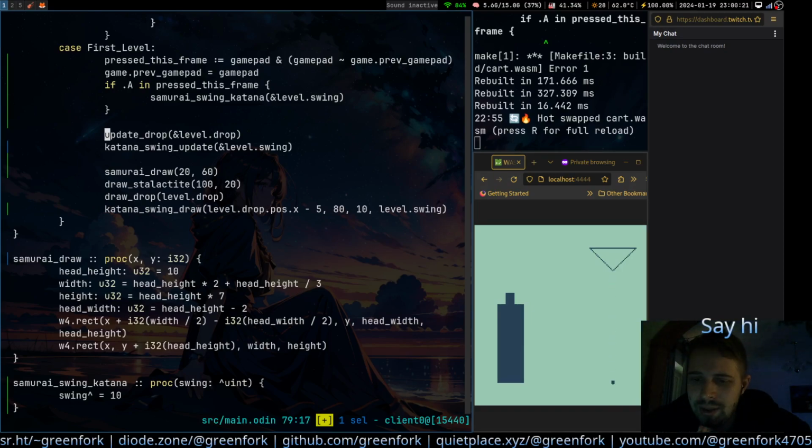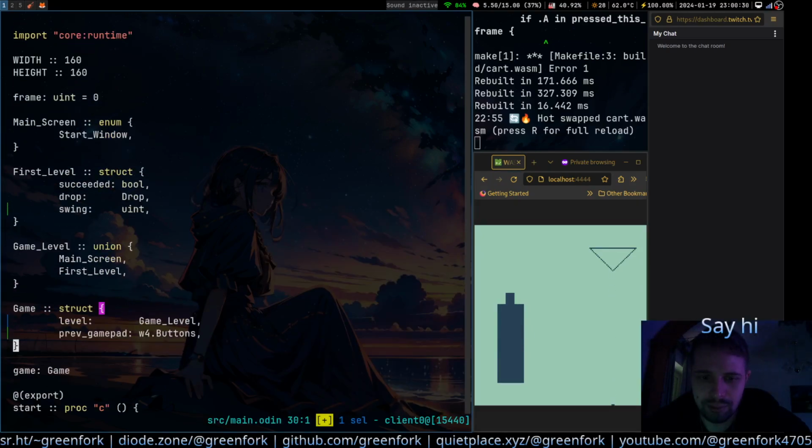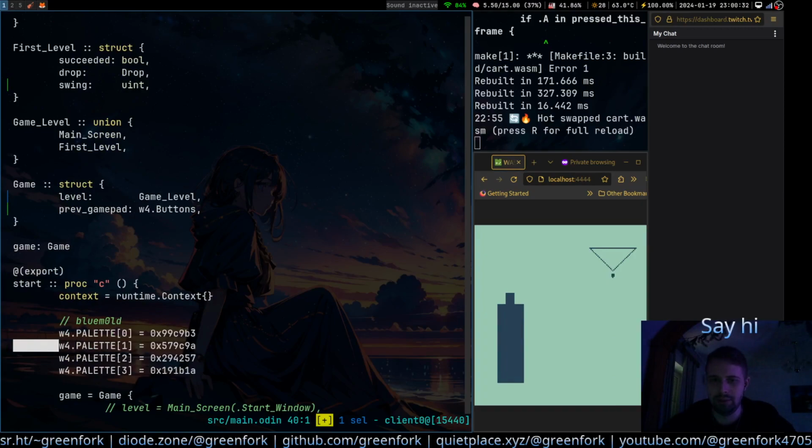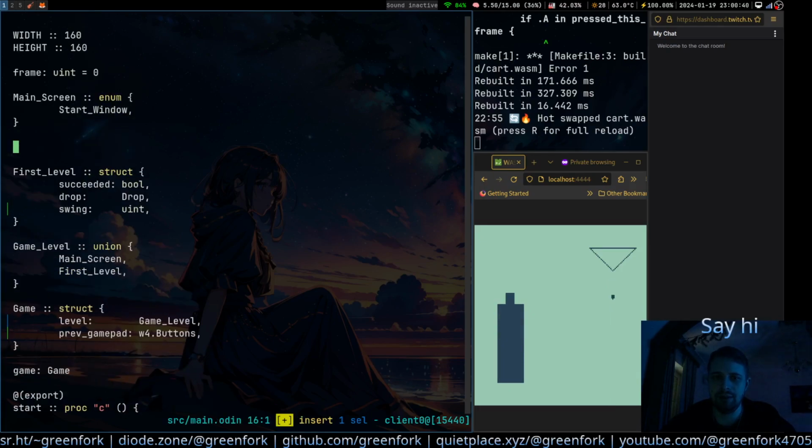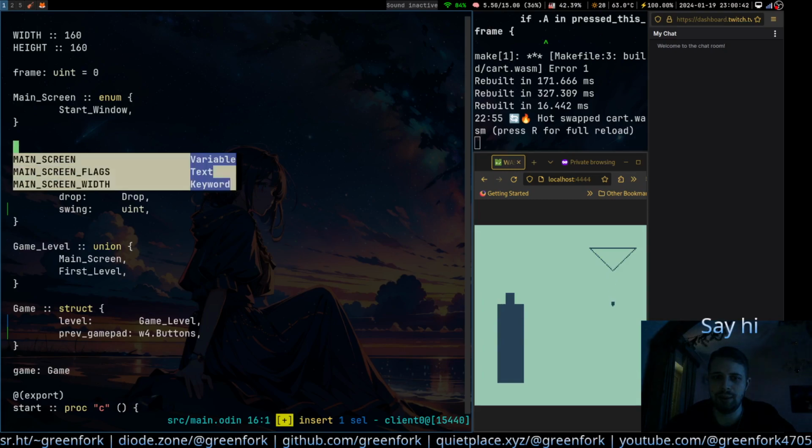Yeah, we basically will need x and y coordinates to determine if there is a collision with the drop. Okay, no problem. Let's go and make swing, Katana swing,